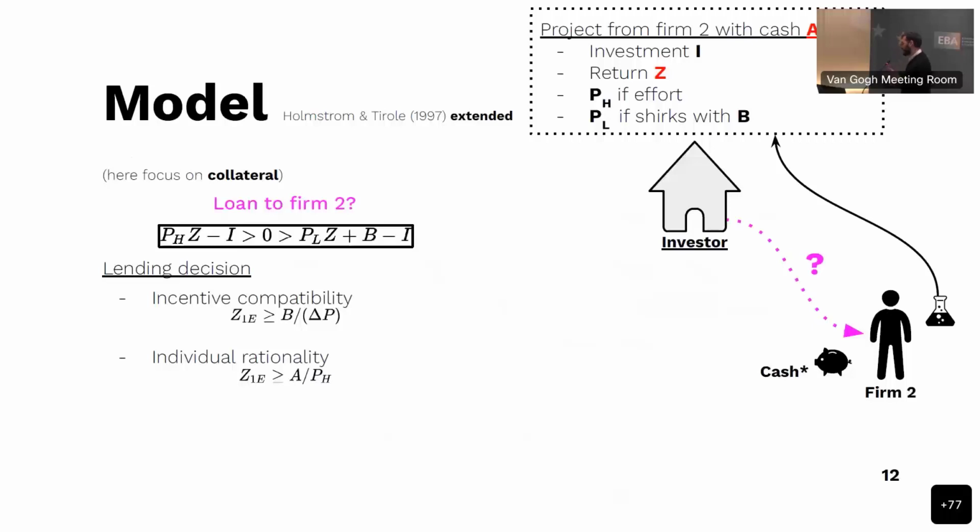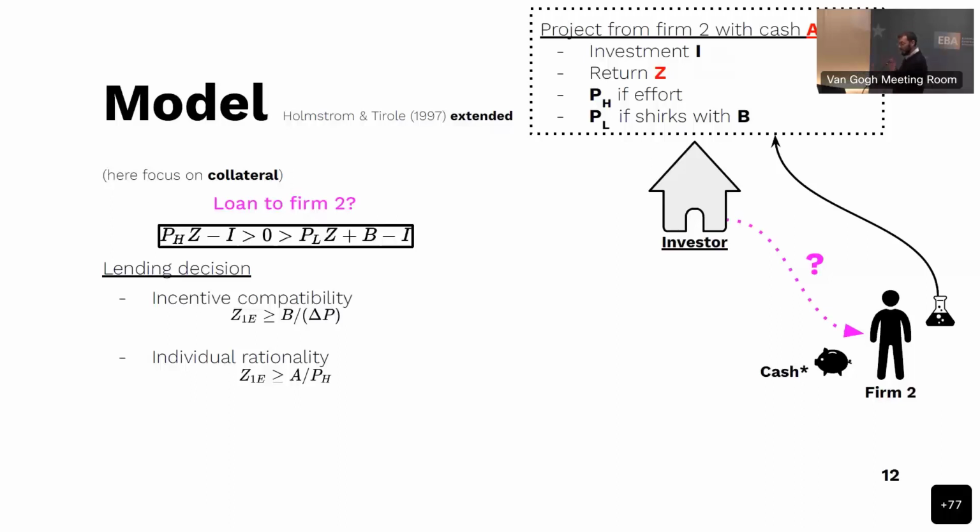All right, so it basically consists of a very simple extension of the standard corporate finance model of Holmstrom and Tirole. And the story is an investor has to decide whether to make an investment faced with moral hazard. So basically, firm 2 comes in, wants some investment, but the problem is that the project of firm 2 has a positive NPV only in case firm 2 exerts some effort that is not observable from the investor's perspective. So the only solution to make everything incentive compatible is that the investor will request that firm 2 brings in part of her own cash to have a stake in that project, right?